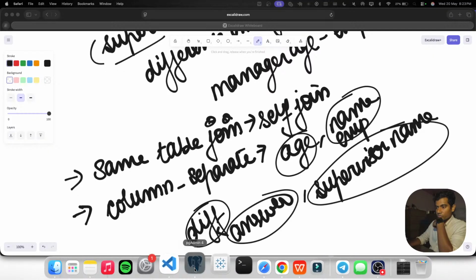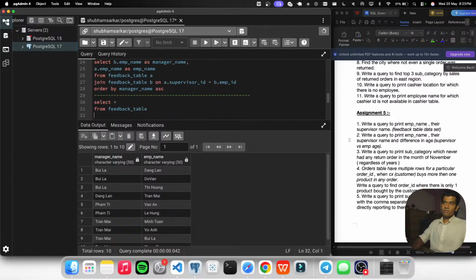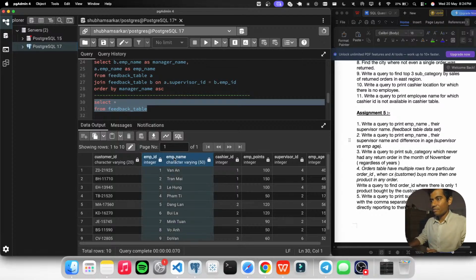ओके, लेट्स मूव टू द क्वेश्चन देन। अब चलते हैं हम लोग इधर, लिखते हैं सिलेक्ट एवरीथिंग फ्रॉम द टेबल फ्रॉम फीडबैक टेबल, ठीक है। अब जो भी टेबल अपने पास है फीडबैक टेबल, उसी से ही अपने को सब कुछ फाइंड आउट करना है। एक बार हम लोग देख लेते हैं इसके बारे में। अब आप देख सकते हो एम्प्लॉय नेम है, कैशियर आईडी, सब कुछ, एम्प्लॉय आईडी, एम्प्लॉय नेम, सुपरवाइज़र आईडी और सुपरवाइज़र का नेम पे, ठीक है।